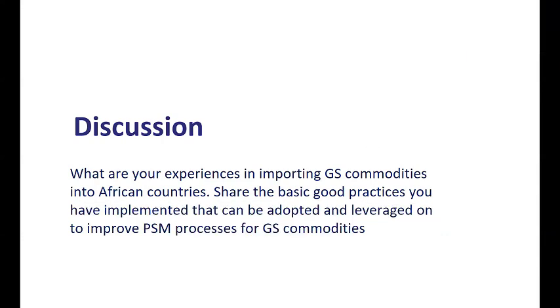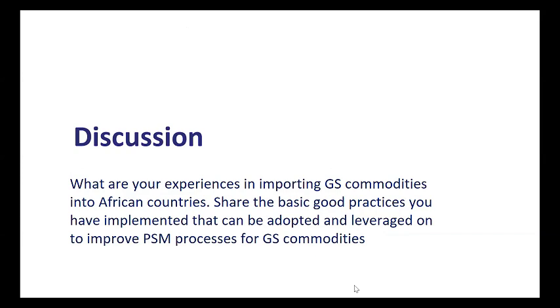I just wanted to share some of the different examples that I have heard. And I think it's probably also important to contextualize what we're talking about. So when we look at the importation process, there's multiple different areas of that process that's a problem. So there is the customs processes themselves. There's also issues, as I understand it, with the HS codes not being set up appropriately, which means then that when they go through customs, it's not necessarily going through the appropriate